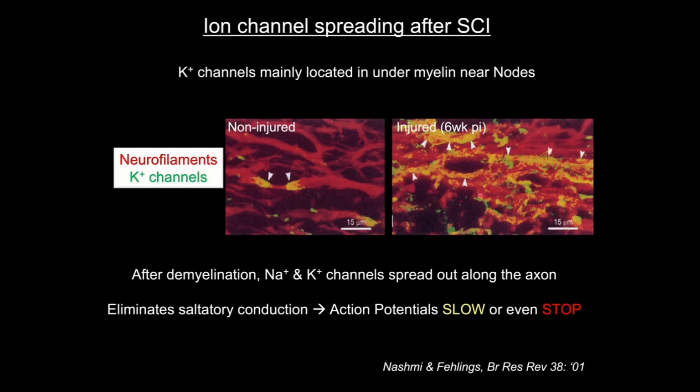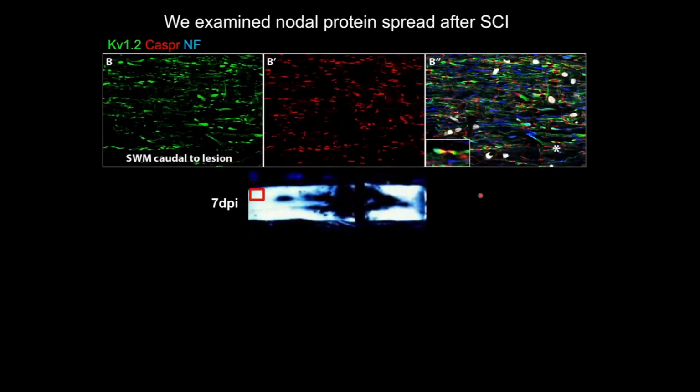We wanted to look then in our animals at the different time points that we've shown for the remyelination to occur. So we took our tissue sections and stained them for Kv1.2 in green, which is the potassium channel, and then Caspr, which is the channel that connects to the myelin, which is right inside the potassium channels. So we double labeled our tissue sections, and you can see evidence of these really beautiful little nodes. So these are the Caspr doublets that are surrounded by Kv1.2 channels. And then in this image, this section is triple labeled for axons shown in blue. So here's a really nice example of Kv1.2, Caspr, Caspr, Kv1.2, indicating a normal node.